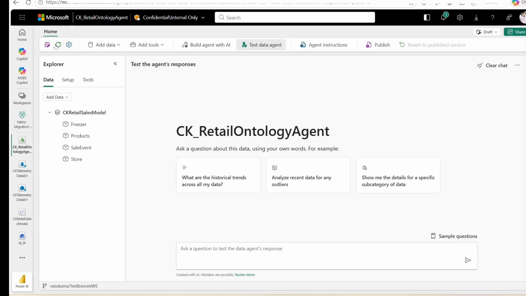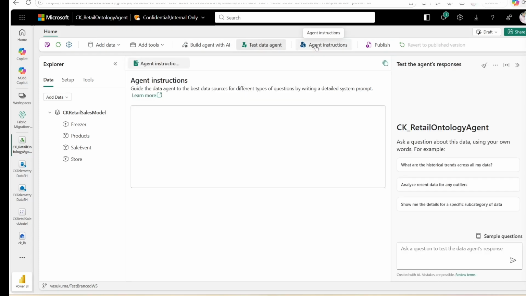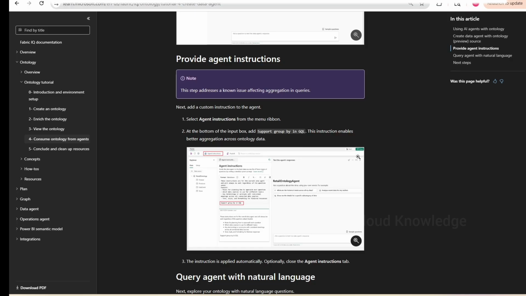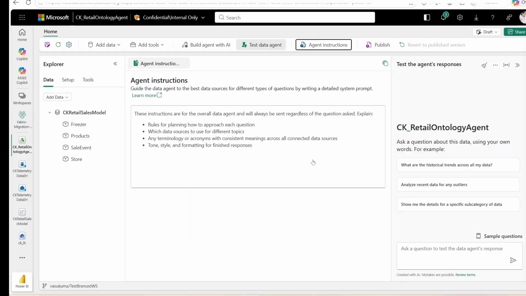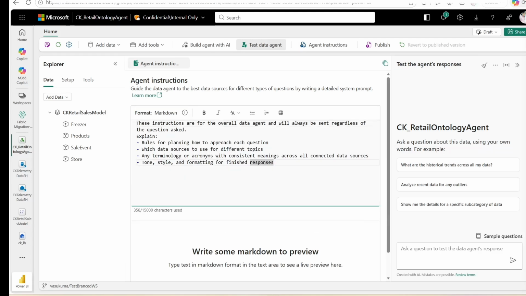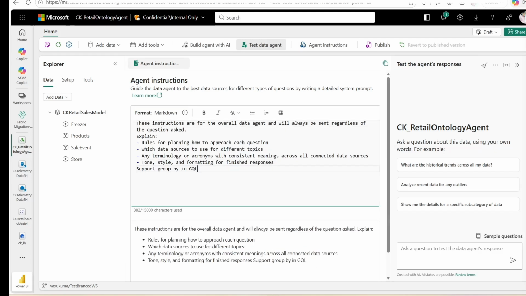So here we have different options, and at the top here we have agent instructions. So we'll click on agent instructions. Default instructions have come up here. Now our job is to add this line at the bottom of the input box. So we'll copy this. Why? Because this step addresses a known issue which is affecting the aggregation in the queries. So in order to avoid that issue, we'll be adding this line at the bottom in the agent instructions,